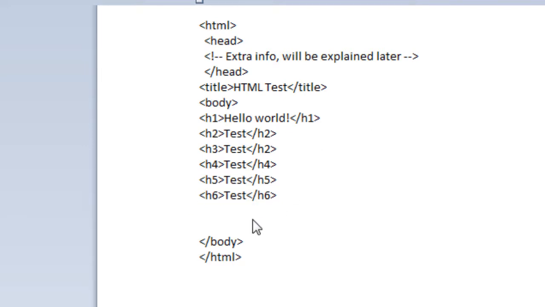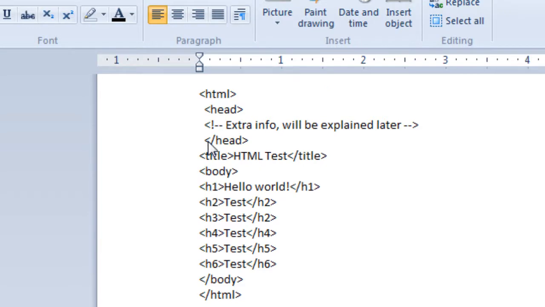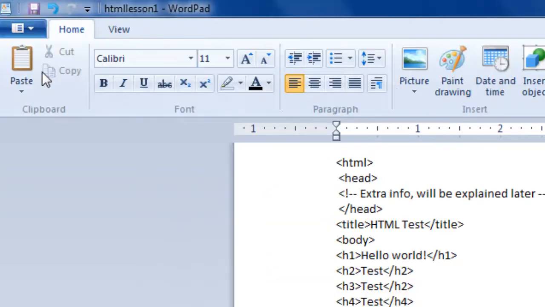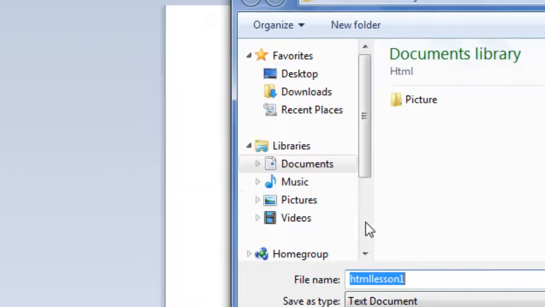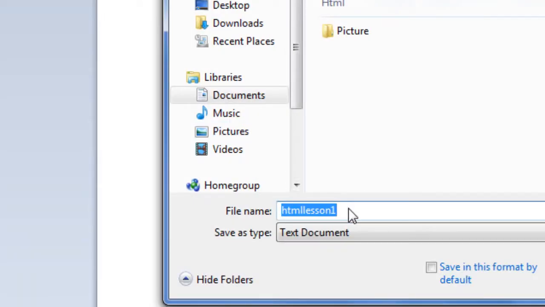There. Now we have all the headings, so you'll be able to see when I open it up what it'll look like. To save this, you have to do something special, or else it will not work. You go to File, Save As, and I name this HTML lesson 1. You have to save it as .html, or else it will not work. You must have .html at the end, or